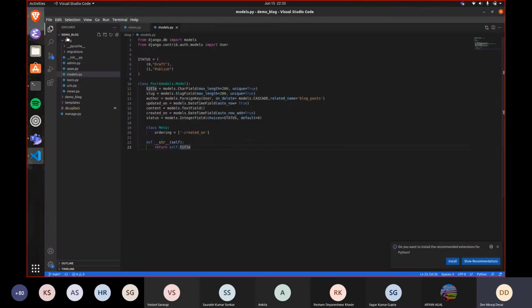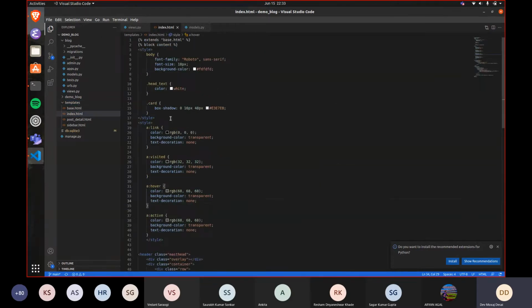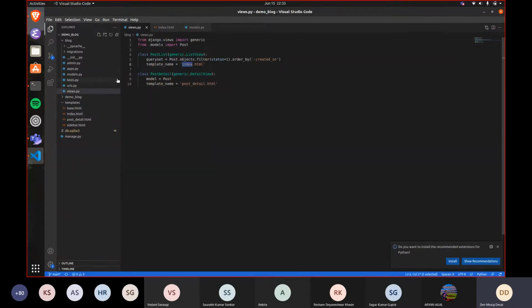So if we look into this Django project, there are quite a few files. Don't get intimidated by that. This is just to make your life simpler. Once you have a look at the tutorials, it'll get much simpler. So if you see in this, we are saying index.html, right? This is Django telling you to go to this file index.html and throw this out to the person who has come, right? So that is the front end, and the back end is like